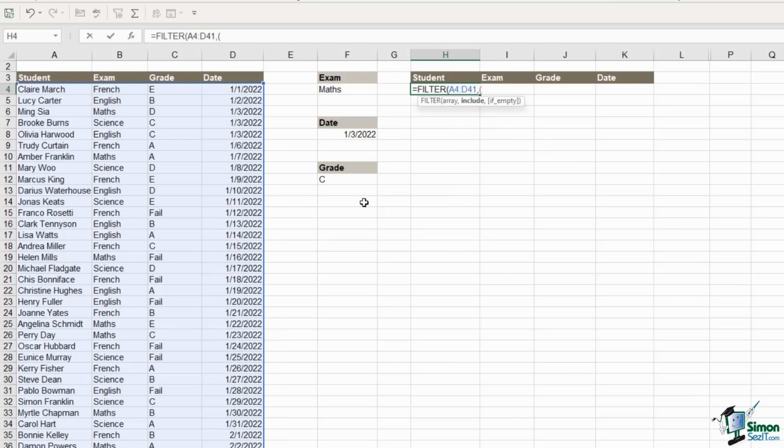So let's open a bracket and select what we want to include first. So I want to include all students that sat the maths exam. So we're going to select the exam range, Control-Shift down arrow. And that has to equal whatever we have in cell F4. So that is the first piece of criteria. Let's close the bracket. Now, if we want to do an OR, we then need to add the plus operator,